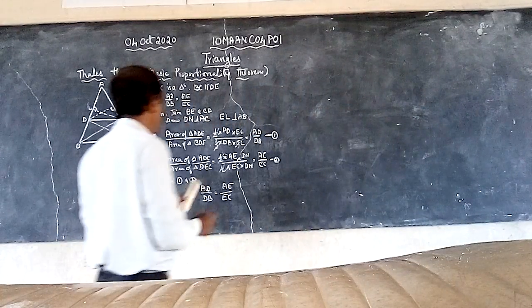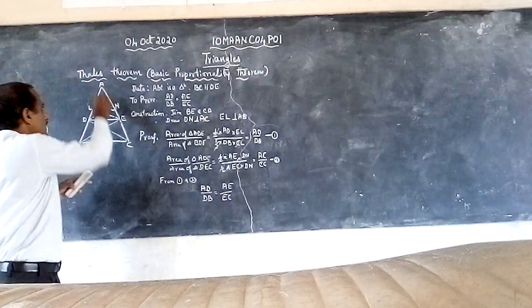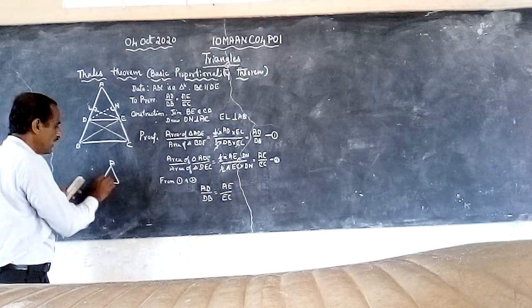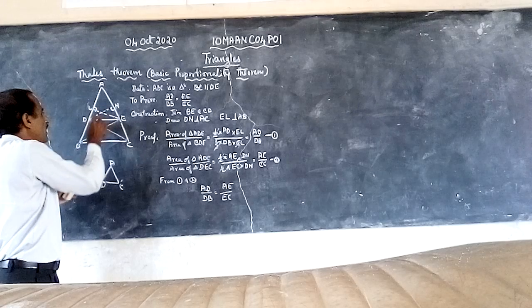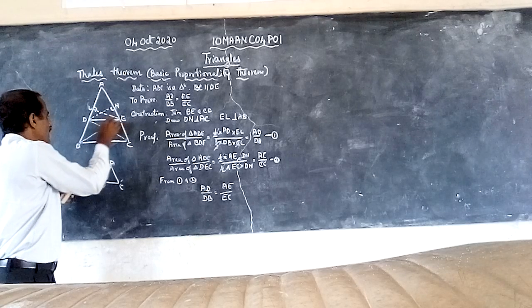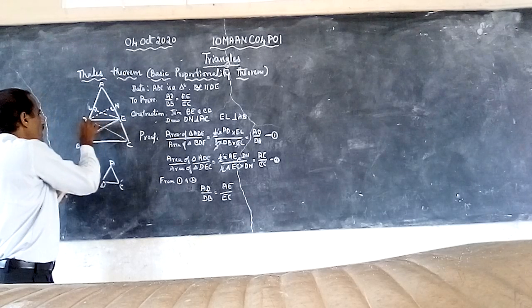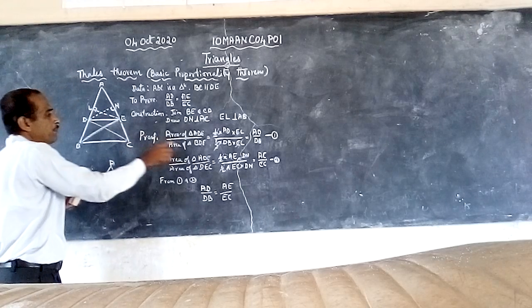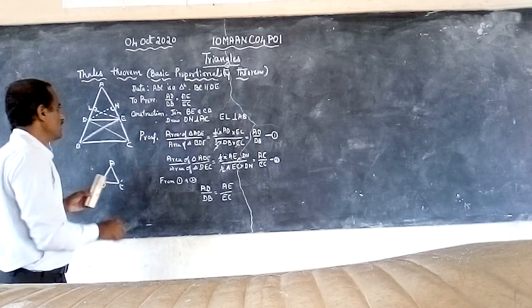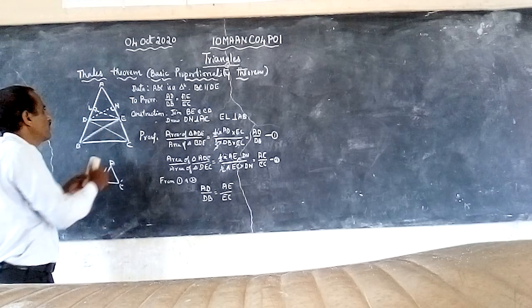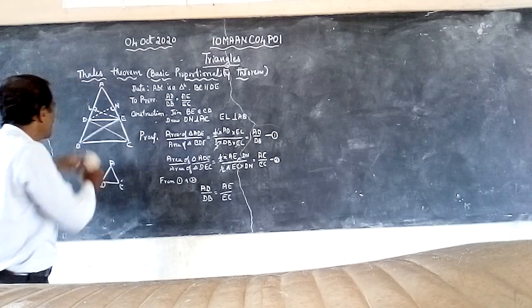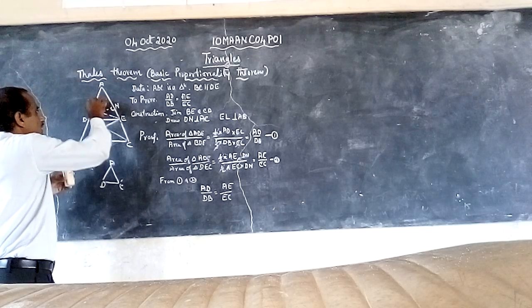So let us find this in this figure. Let us take triangle ADE and triangle BDE. In triangles ADE and BDE, what is the area of the triangle? Now if you take this as the perpendicular, see this triangle, this is the perpendicular height, isn't it?